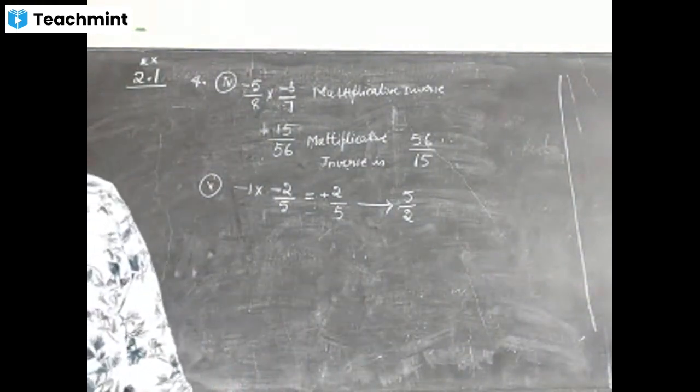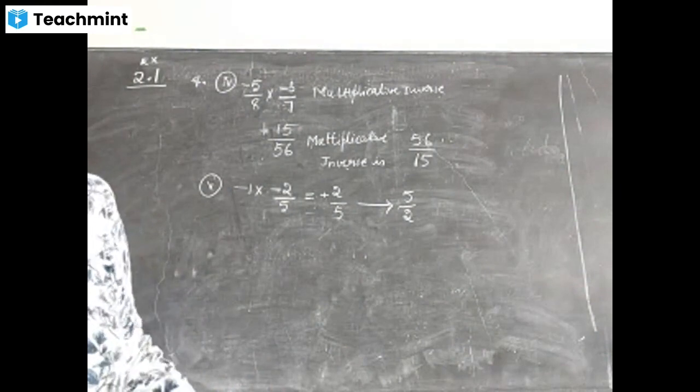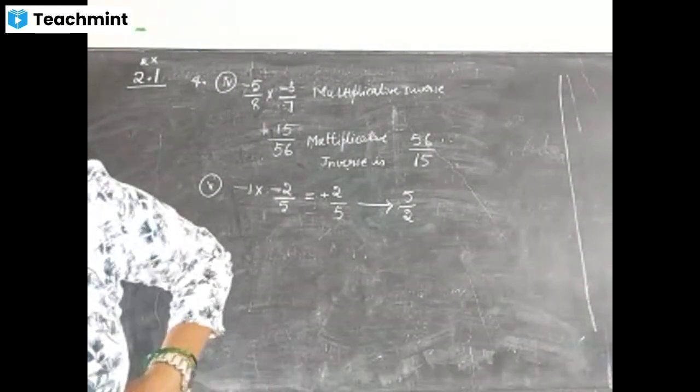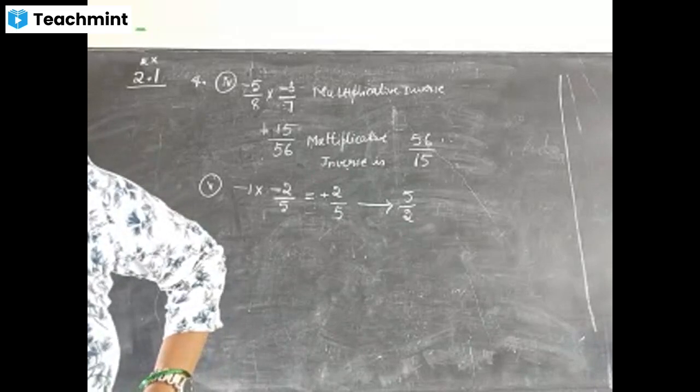Next, Roman number 5. You have to do property and history by looking, name the property. That's all, that you do. Roman number 6 also you can do. Roman number 7 I will do.